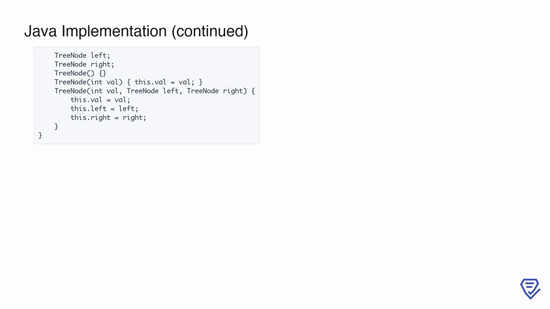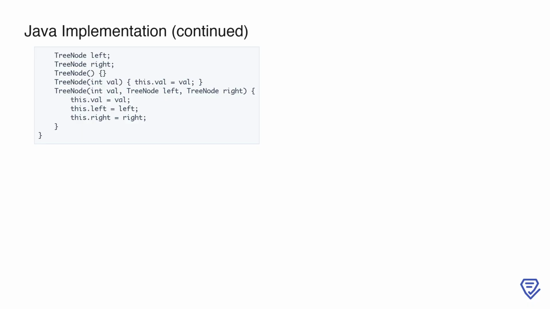Next, we define the tree node class, which represents the structure of each node in the binary tree. Each node contains an integer value, val, and pointers to its left and right child nodes. The class provides three constructors: a default constructor, a constructor that initializes the node with a value, and another that initializes the node with a value along with its left and right child nodes. This structure allows us to represent the binary tree clearly, enabling traversal and computation of the maximum difference between a